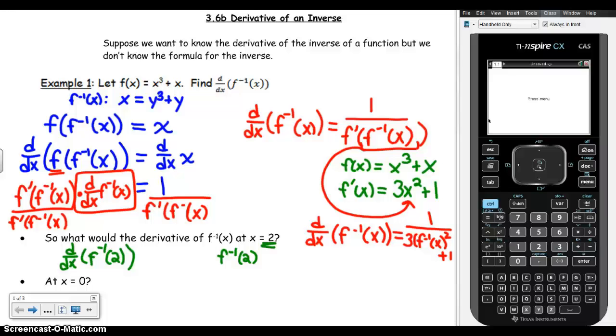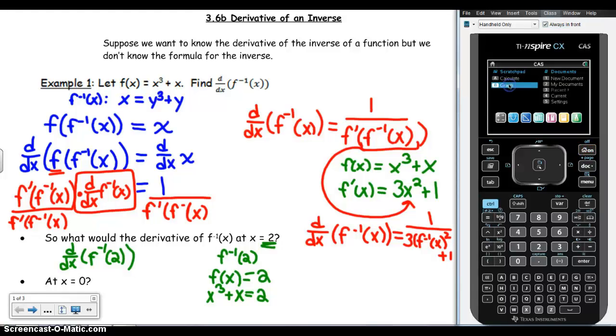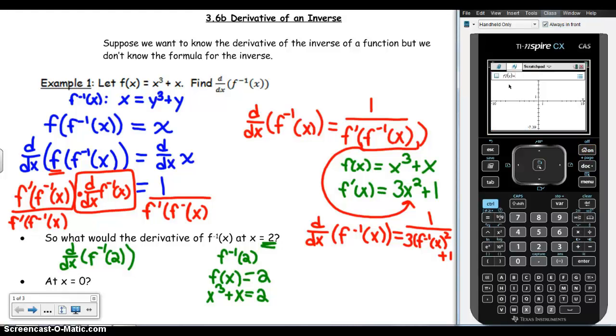The inverse at 2 is the same thing as asking, where does the original function equal 2? So I really want to know, where does x cubed plus x equal 2? Now, this is not an equation you could solve by hand, so in this case, you'd have to go to the calculator. So if we just graph this, x cubed